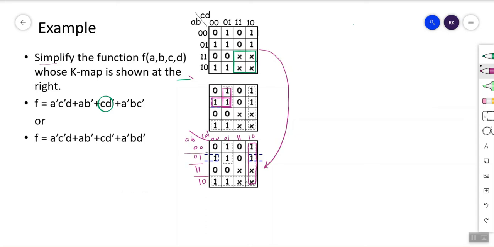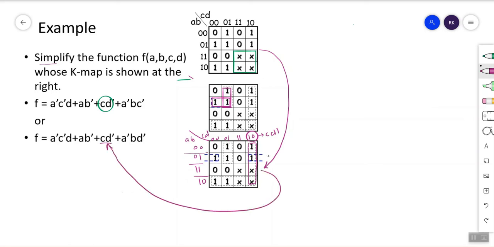Now this is the first group. If you see here, 1 0 is not going to change. This corresponds to C, and D naught. Here everything is changing. If you make this group, A B is going to 0 1 and B is going to 0 1, it is changing, so it cancels out. So this group corresponds again to CD naught.